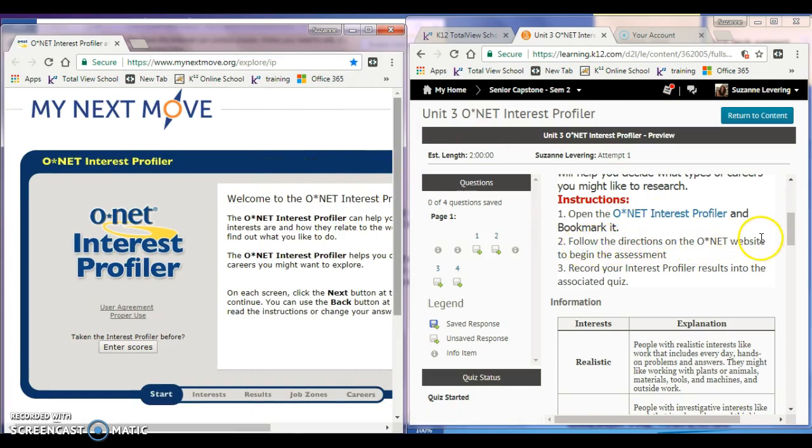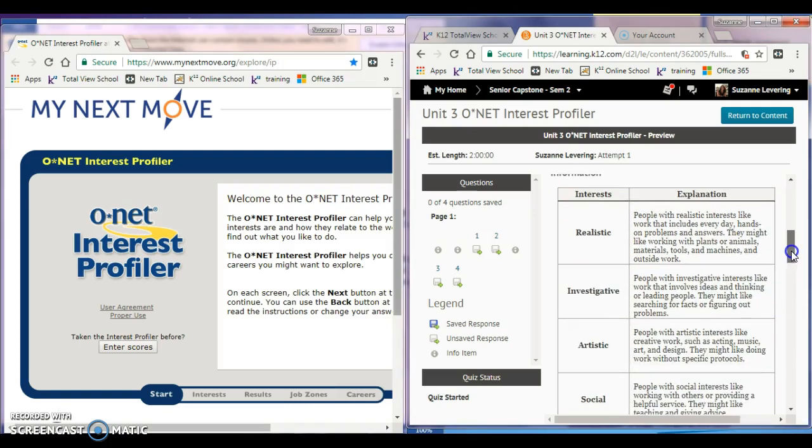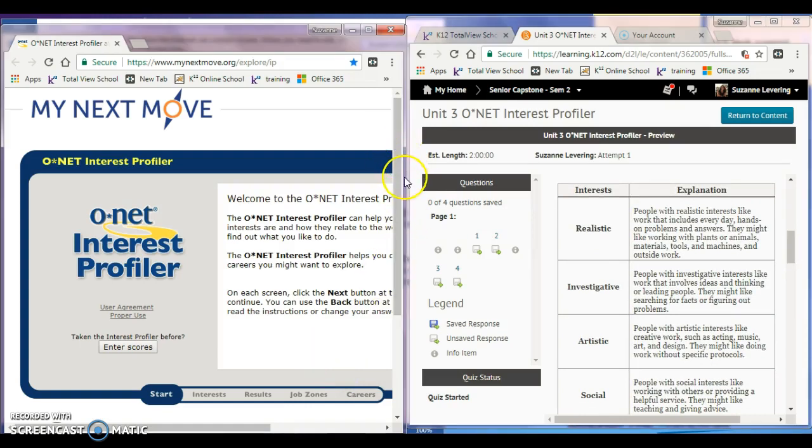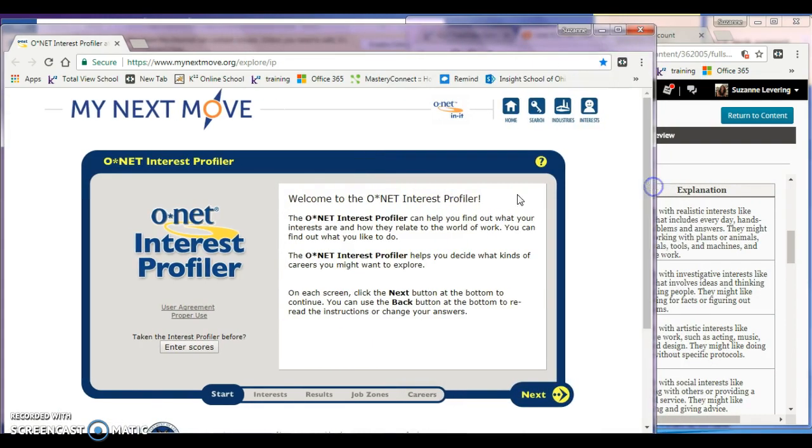Follow the directions in the O*NET website to begin the assessment and record your interest profiler results into the quiz. Coming down here, here are all the different interests. So let's go ahead and go back to the profiler. The O*NET Interest Profiler can help you find out what your interests are and how they relate to the